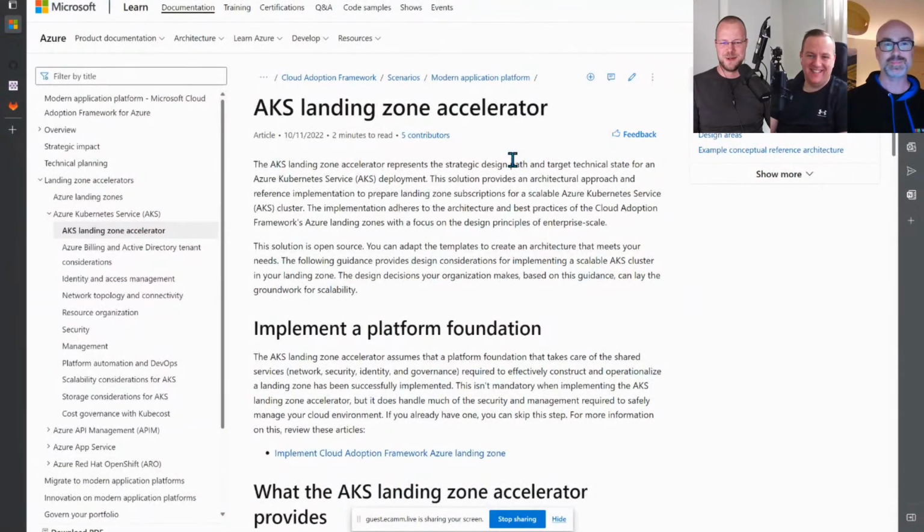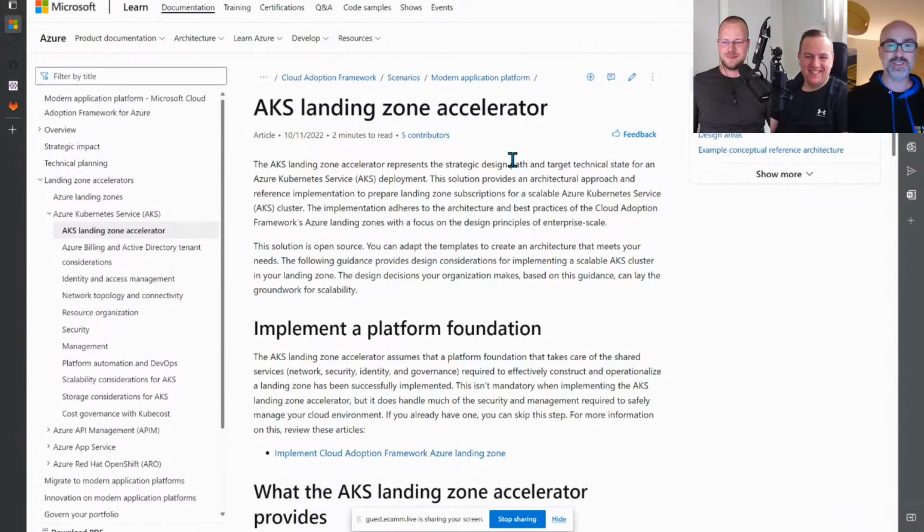Yeah, that'd be fine. I'm going to warn you, we're probably going to take a bit of a meandering journey as we talk about AKS and any accelerators and reference architectures and everything around it, because it's a bountiful landscape, let's put it that way. So I'm going to take you on a bit of a journey and we'll see how we go. All right, buckle up. All right, so let's get started.